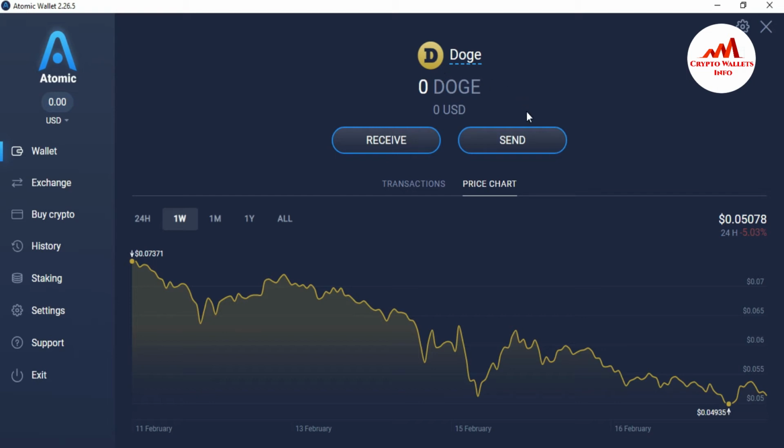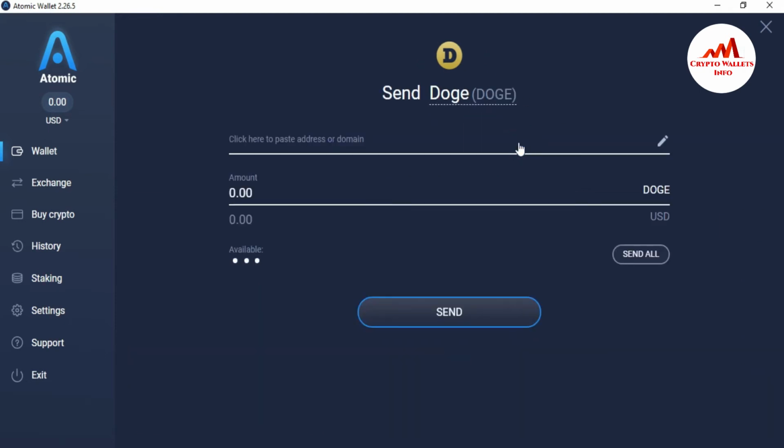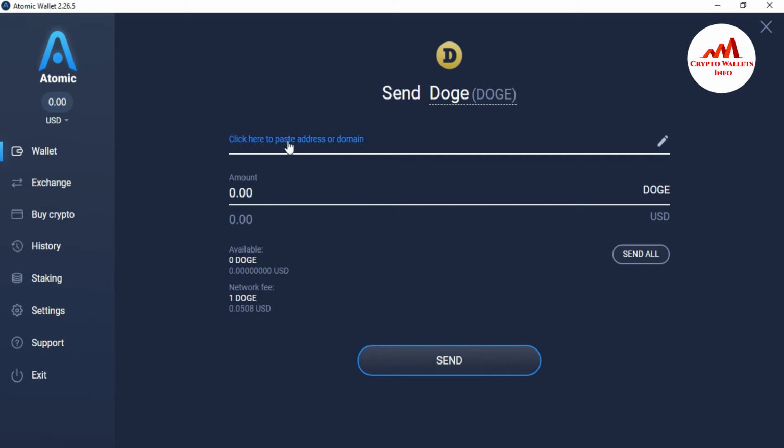So if I need to send money from my exchange, I use the send button, and after that you can see here, click here to paste address. I already copied my address, so just click on it, and you can see this is my address. Before sending any amount, you must cross-check that the address you pasted is correct. I'm going to cross-check the first two digits and the last two digits. The first two digits are D7 and the last are SH. So I'm going to open my online wallet again.